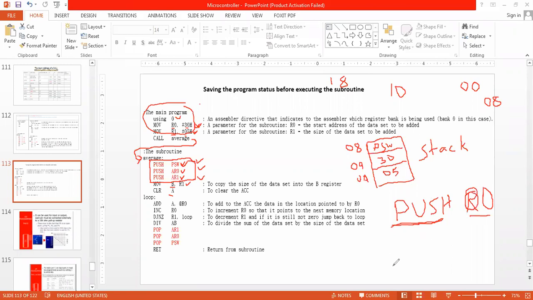Push 00. Push 07. Like this I have to write. Or another option: if I am using register bank 0, then instead of writing R0, I can write AR0.